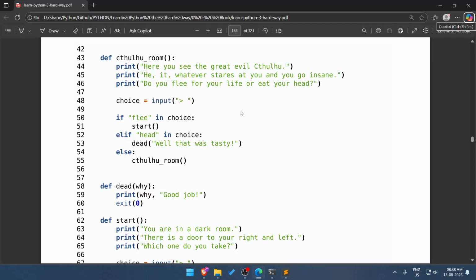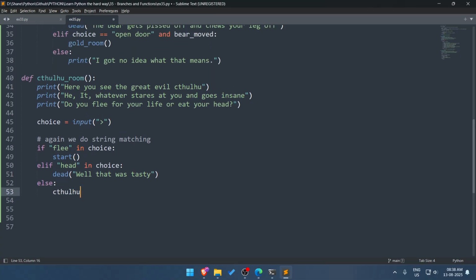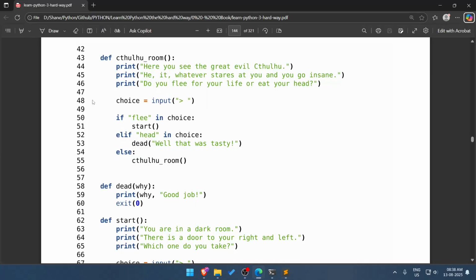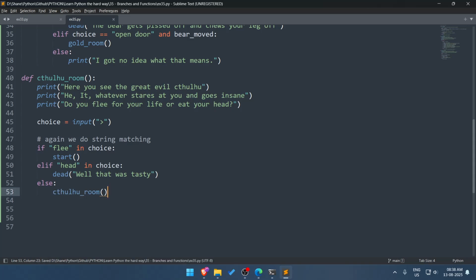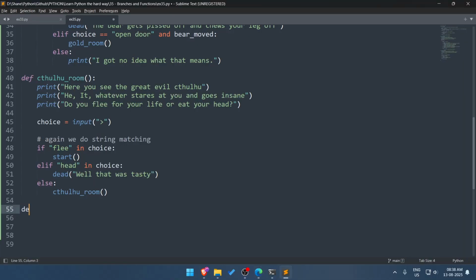We have else, Cthulhu's room, the same function. Then we have def dead. We print the message and exit with exit code 0. "Good job."